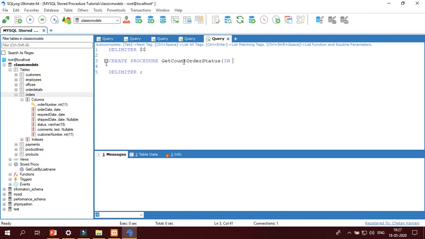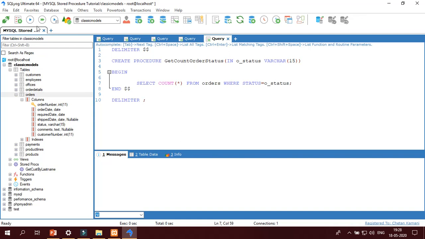Then IN o_status varchar(15), then write begin and $$. Select count(*) from which table? orders where status equal to o_status.